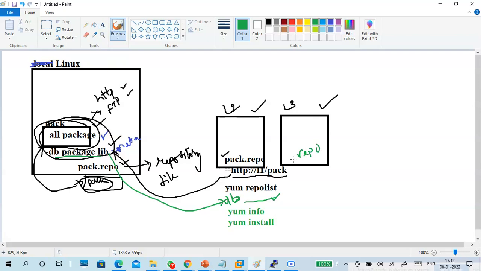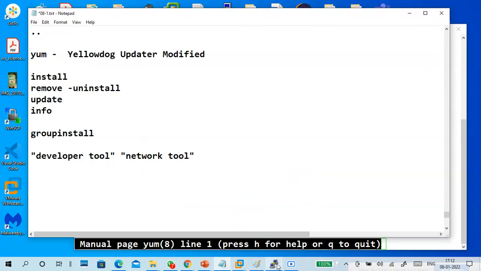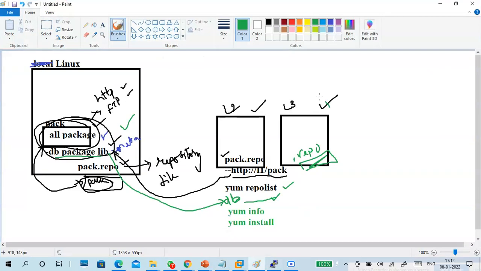In that one, mention how to access this database, mention where the packages are located, then put a repolist, and automatically it loads. Okay, guys, understand up to this point?